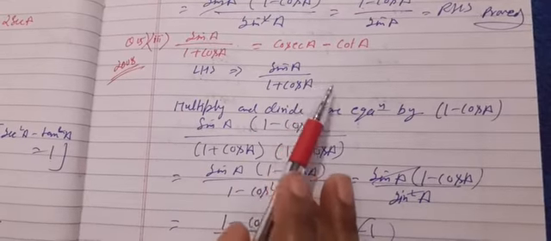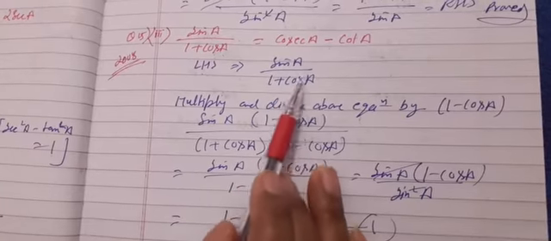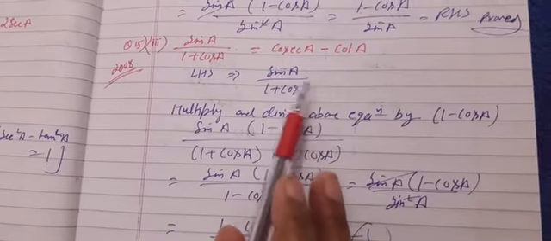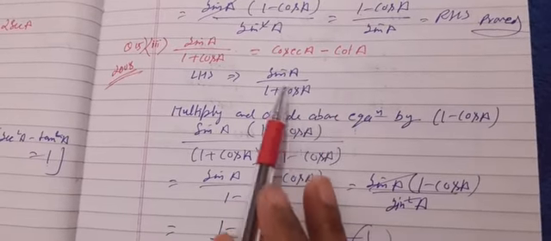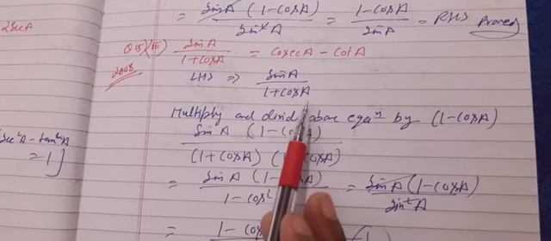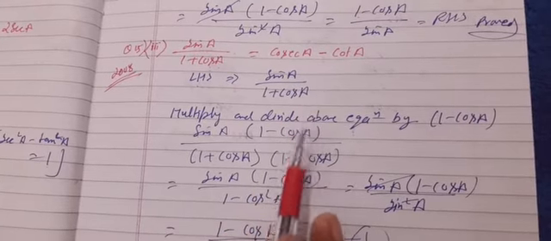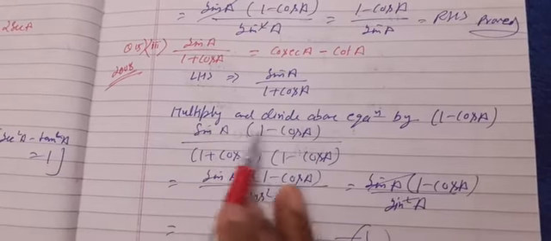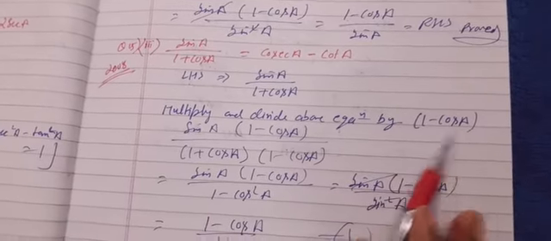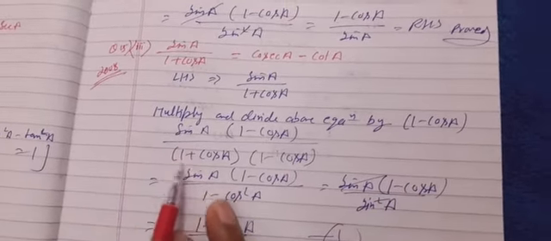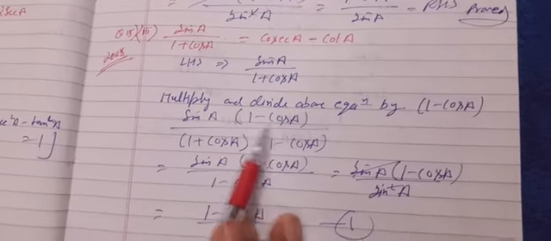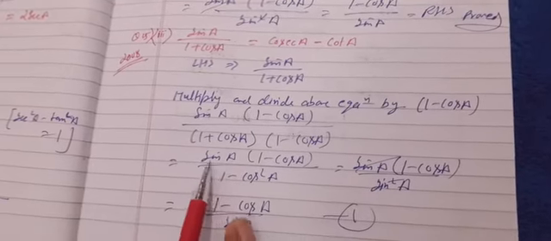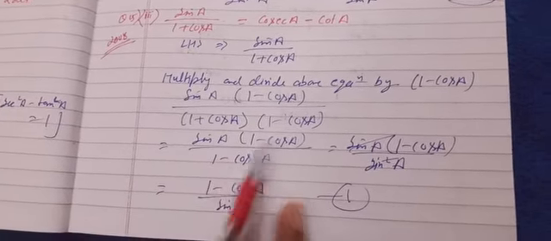Now as you can see, we can't solve it directly, because there is neither any square sign nor tan or sec or cosec, so that we could convert it into sin and cos. Already a single sin A without power sign is there and cos A, so we will multiply numerator and denominator by 1 minus cos A. So I have mentioned here: multiply and divide the above equation by 1 minus cos A. So sin A upon 1 plus cos A is as it is, and here is 1 minus cos A, and also 1 minus cos A with the denominator. So again it is sin A into 1 minus cos A, and in denominator it is 1 minus cos square A.